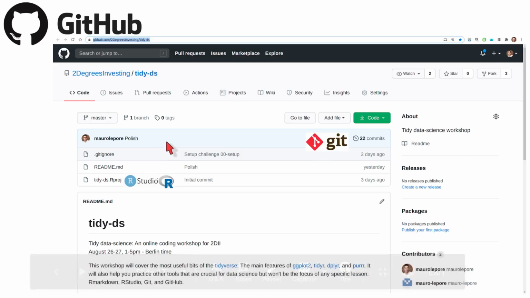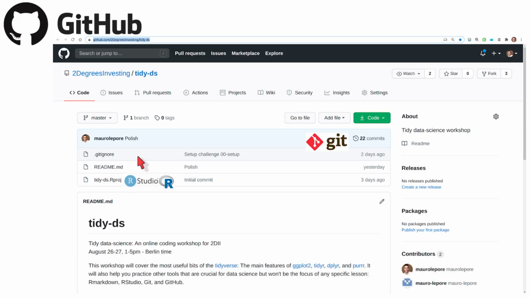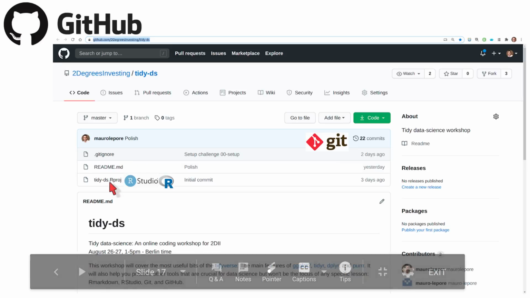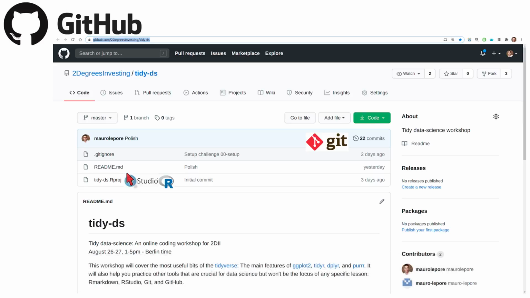What evidence do we have of this project being in relation to R? Not much, because GitHub doesn't care about that. But RStudio does leave a record of itself if you formalize this concept of an RStudio project. There is a file called .rproj that defines an RStudio project as such. That file is the only record that we have here that we have been using RStudio, and in particular R, because we use RStudio to write programs in R mostly, although you can write other languages too.